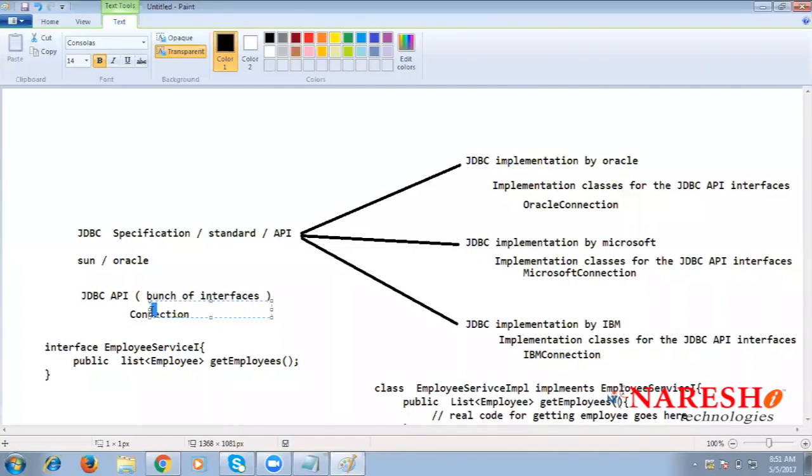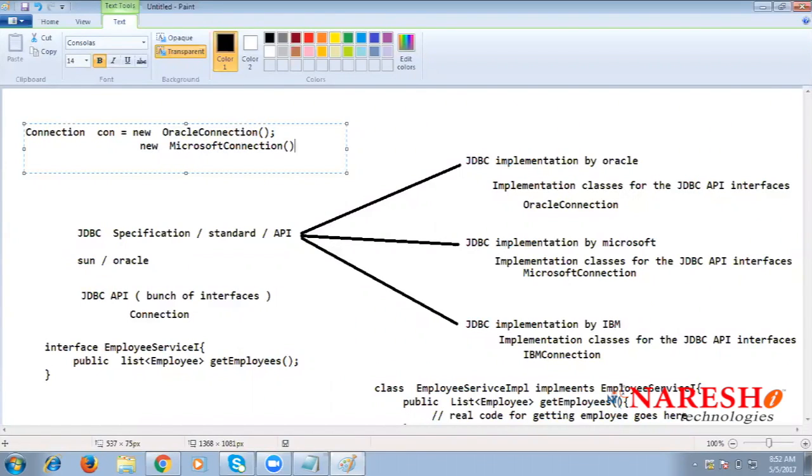No, because you are programming to a standardized API, right? You are programming to the Connection interface, which is always there. According to your core Java programming, if I write Connection con equal to new OracleConnection, is this valid or not? If the OracleConnection class implements the Connection interface, I can write this line. Similarly, I can also write new MicrosoftConnection,